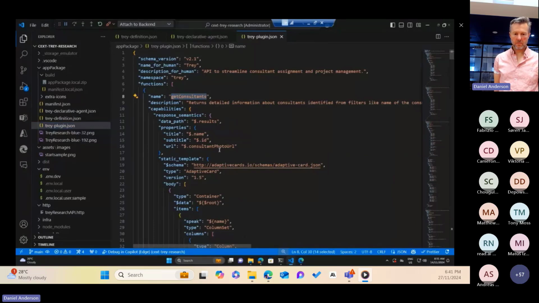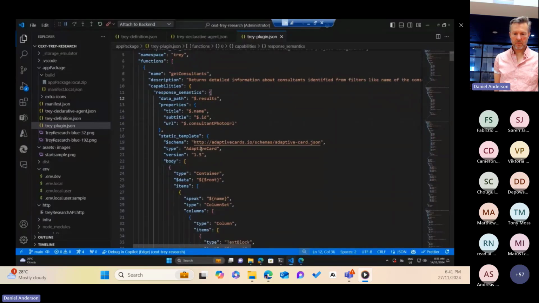So this allows us to give even more information about how to call this endpoint. Again, we're just providing more descriptions there. But one of the key things that allows us to do is that after we've made a call to this and we've got a response back, we can actually specify an adaptive card to use and give a really nice rendition of that response that's going to come back, and we can lay it out and provide all the functionalities that adaptive cards allow. You don't have to do that, but it gives you the capability of doing that.